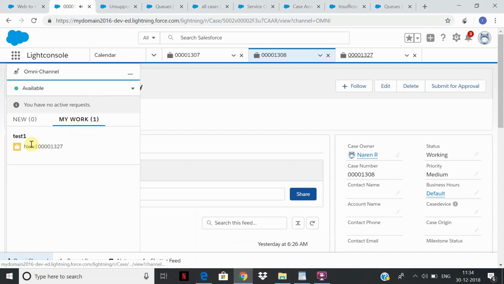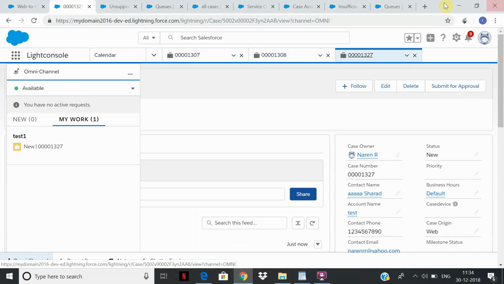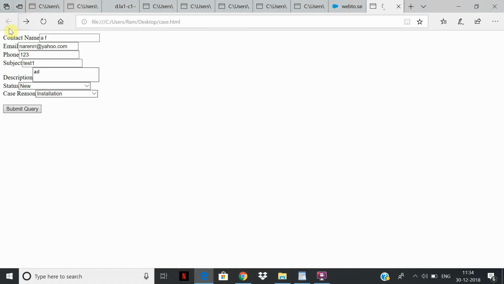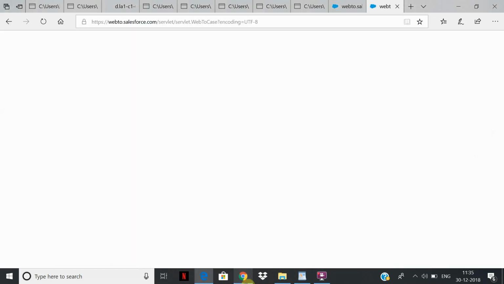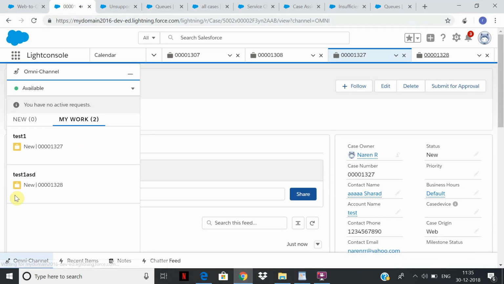See, now it's opening the case here, and also the case gets opened here because you have added it as a utility. Once more, let me create another case here. It immediately comes up here. There's a small time delay, and the second case comes up. So this is the advantage here: we don't need to wait to assign queues.